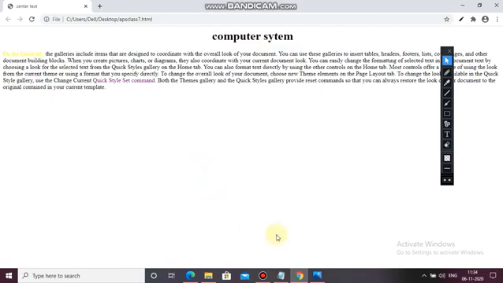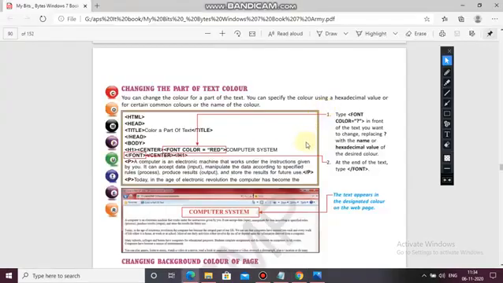So this shows that you can change the color of a particular text also.